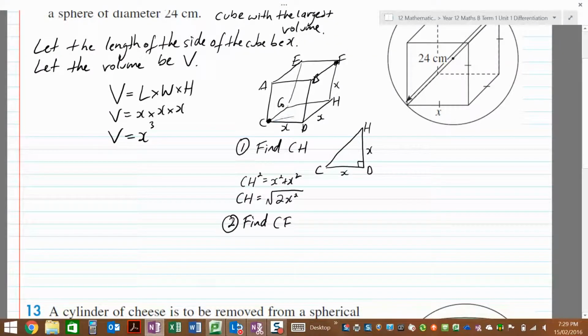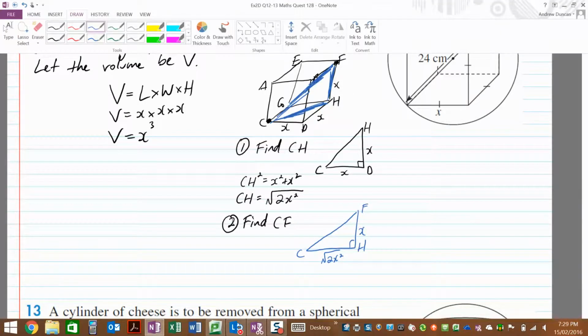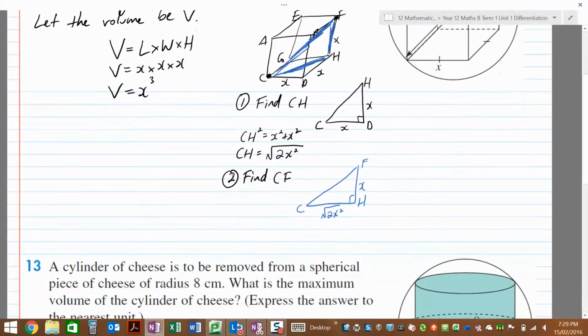Okay, in this scenario, I'm going to use this triangle that has the diagonal on the base, this height, and then that big diagonal that I'm after. Okay, and that's a right angle triangle. So I'll draw what that triangle looks like from a side view. CFH. This distance is x, this distance is the square root of 2x squared. I'm trying to find CF. I should be able to do this. CF